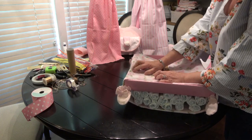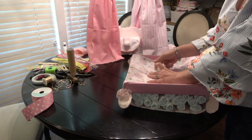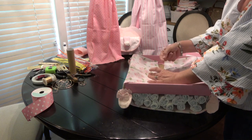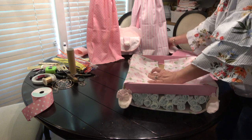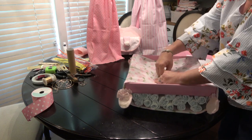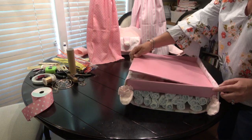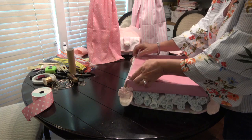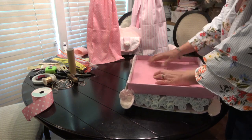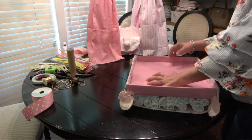Just keep that tension on it. I'm using my elbows too. These will probably pop loose once I put my board in, but I'm just needing to hold it here for a second to where I can grab hold of the board. And we're just going to place this in like so. Okay, so after we have that placed in,